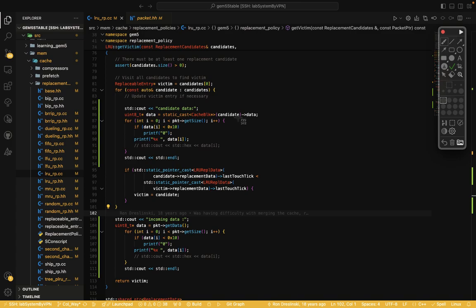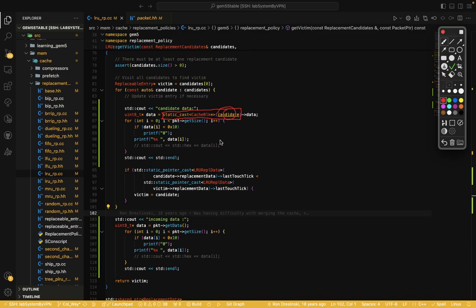Okay, for that I use static cast. Here static cast takes the candidate in the loop that we want to check and casts that candidate to the block. And we know when we have a block we can access the data.